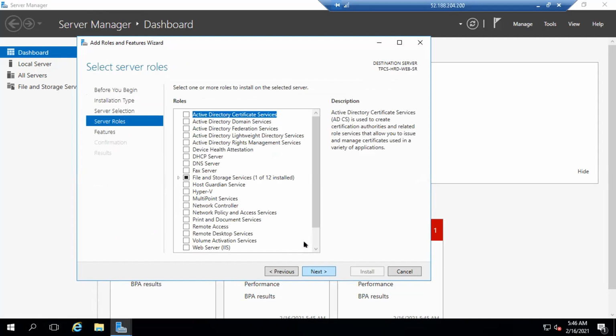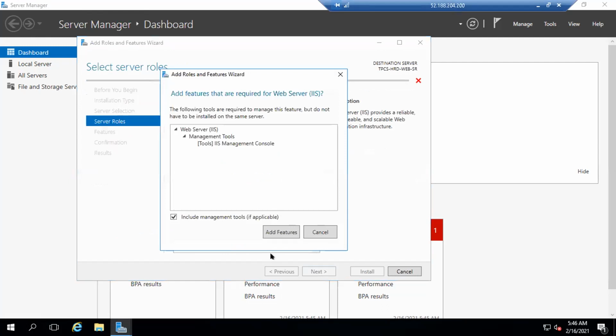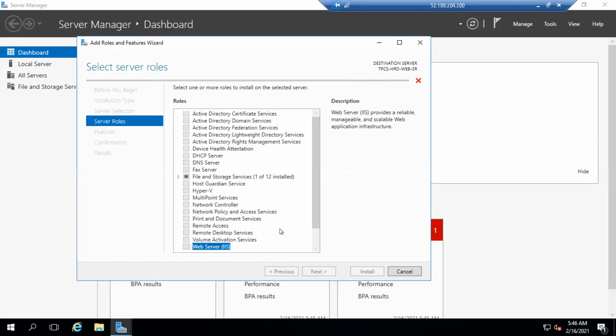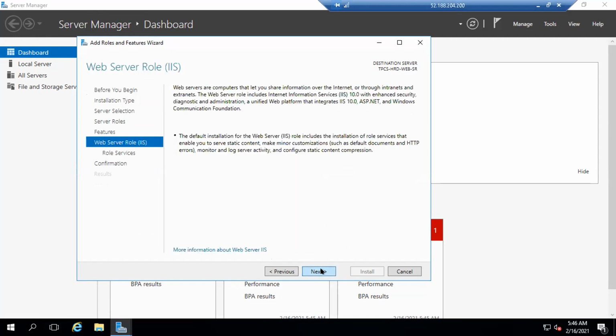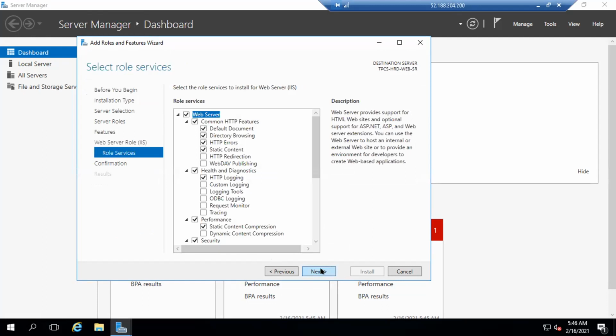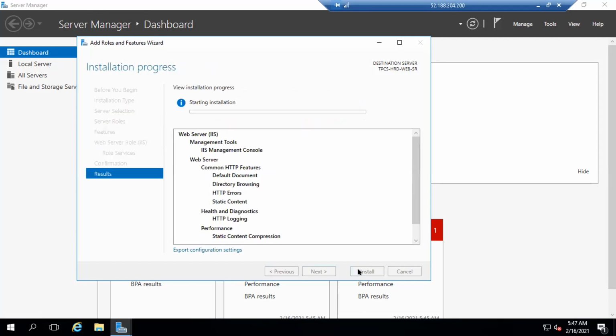Select the last one, which is Web Server. Click Add Feature. Next, next, next, next. Install.